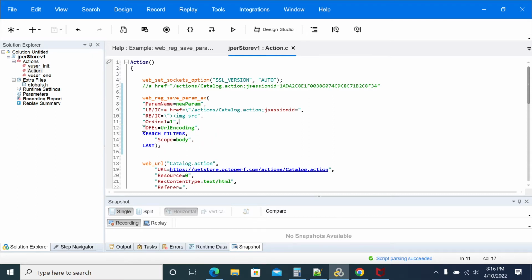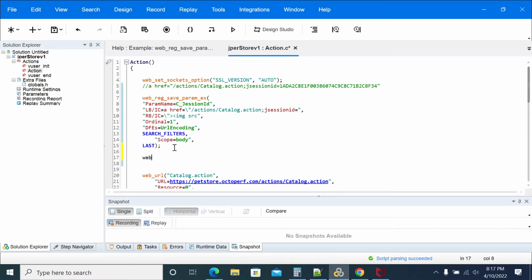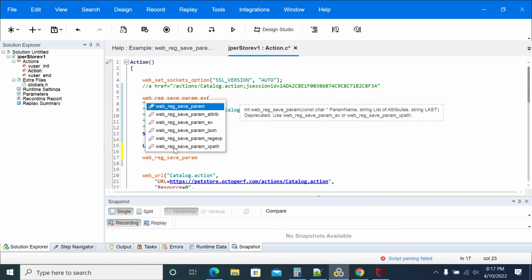This is now the parameter name. We'll give the parameter name as session ID. We'll use one starting with C underscore, so C_session is my variable, and there is a left boundary with ignore case, a right boundary with ignore case, ordinal 1, and URL encoding. This is one of the options we can use, or we can use web_reg_save_param